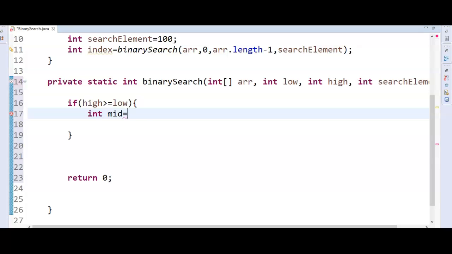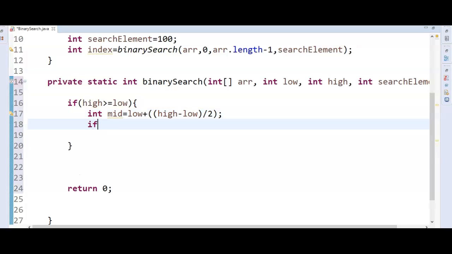Mid is nothing but low plus high minus low by 2. We got this, right?